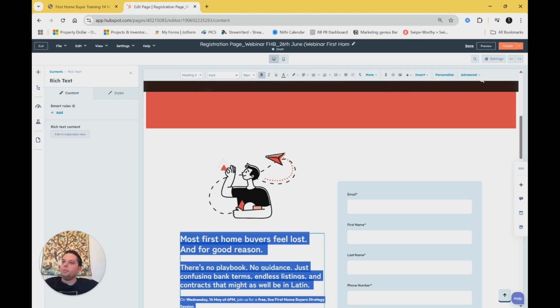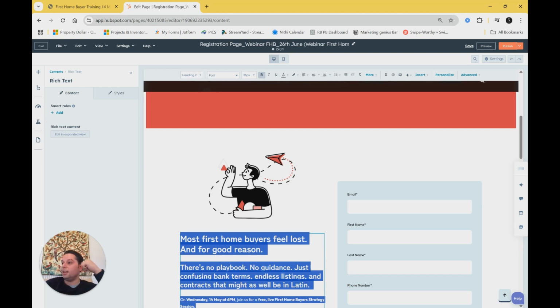Rule number three, and this is very important, and I know I keep saying this, but it is one of the most important things in copywriting: write like a real person. If your page sounds like it's coming from a corporate, you have already lost it. Write like you're explaining it to a friend over a coffee. Simple, punchy, honest. For example, when you're having a first home buyer conversation with your friend, you won't say, hey, I'm going to invite you to this first home buyer strategy session. No, you're going to talk emotions, fear. Like, it is so difficult. I can't afford anything. It is so difficult to talk to banks. It's so difficult to get a mortgage broker. That is the feeling of fear that's happening inside your customer's mind. You need to capture that feeling and write it like a human being, not a corporate.